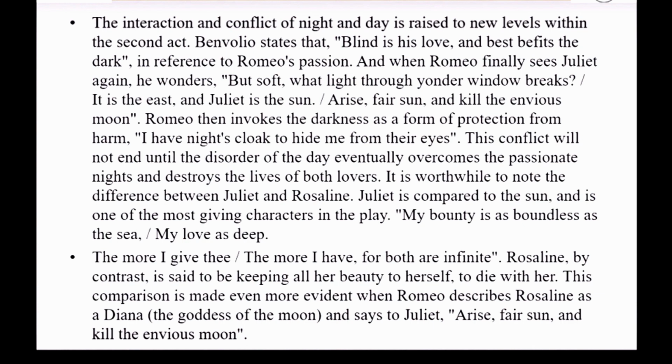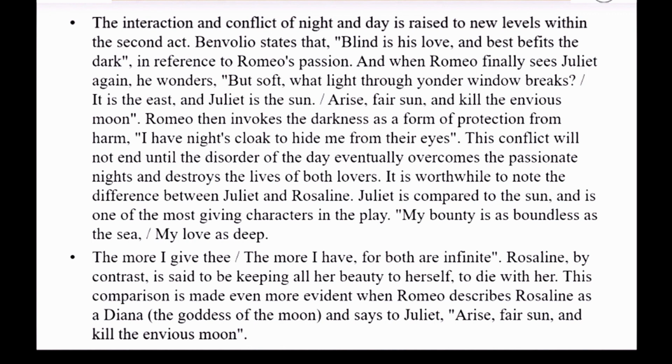He quotes, "But soft, what light through yonder window breaks? It is the east, and Juliet is the sun. Arise, fair sun, and kill the envious moon," he unquotes. Romeo then invokes the darkness as a form of protection from harm. He quotes, "I am night's cloak to hide me from their eyes," he unquotes. This conflict will not end until the disorder of the day eventually overcomes the passionate nights and destroys the lives